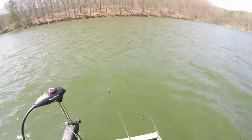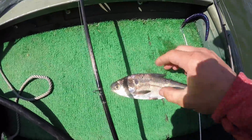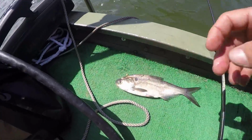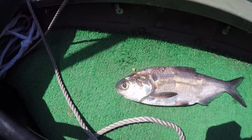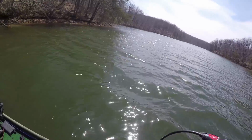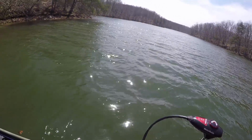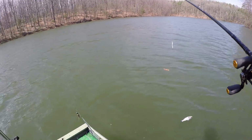On his last limb, so this is what I need to duplicate with my lures ASAP. Beautiful bait, dude. Should we hook him up and throw him? You probably get jammed. All right, buddy, sorry, I hope you make it. I don't think you will, but